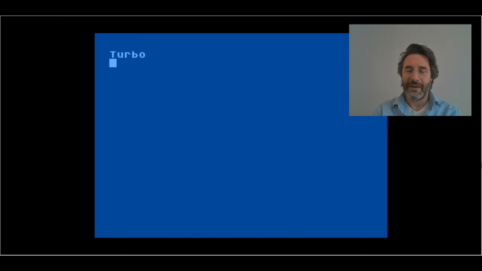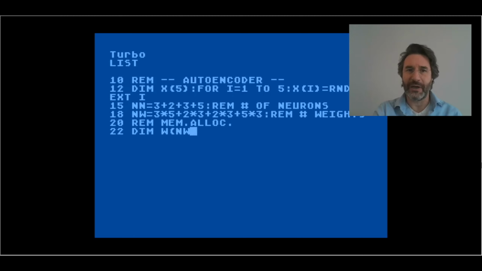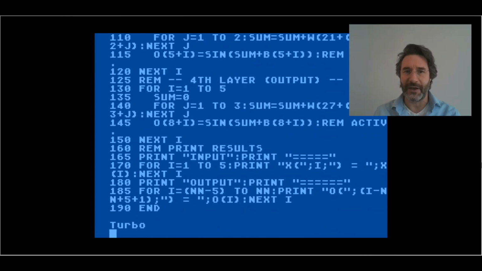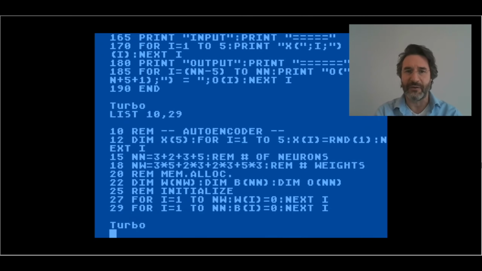So the very first thing we are going to do is to list the program so that you can step through the listing and have a careful look at what it is that we are implementing here. And now I'm just going to explain every single part of this program so that it becomes easy to understand what has been implemented. The very first thing we are going to do is to show lines from 10 to